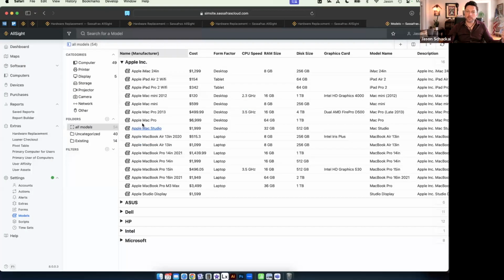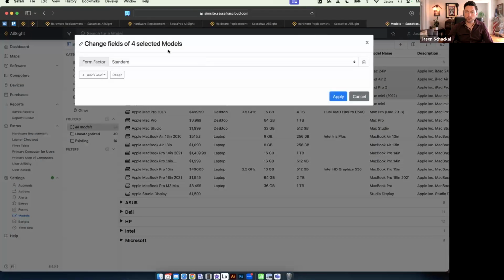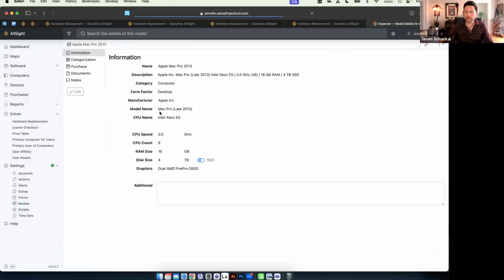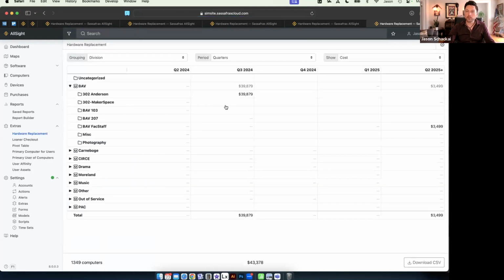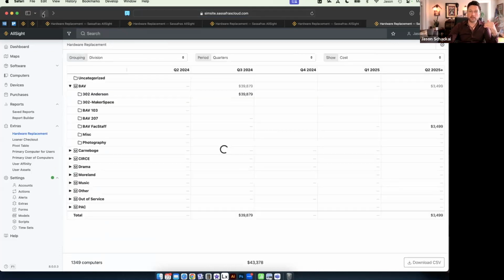And then once it's created, you can either use quick edit. Let's say maybe you created 2 or 3 and they're all very similar. I can use quick edit to update and modify multiple models at once. Or if I'm doing these one at a time, I can click and go into the record, go into edit mode, and populate any additional details about a specific model that I want to have available to choose from. So that's the way you can go in to create the models that you can then use to associate with